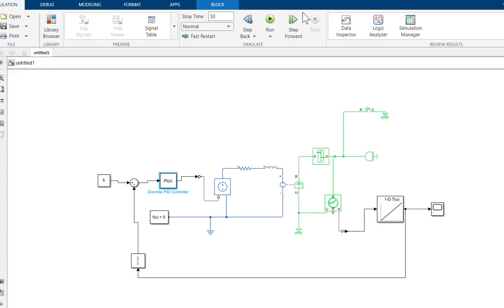What are we doing? What we're doing is in here. We just build a system. The system refers to the electrical motors.